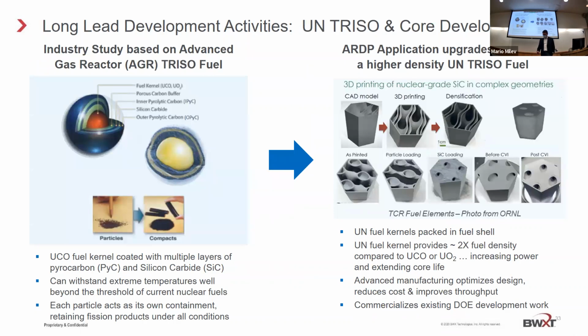Okay, so this is a TRISO particle. To get everybody oriented, you have your fuel kernel. You put a porous carbon buffer around the fuel kernel. That gives the fuel kernel space to expand, and generally the UCO, I think, is going to expand over time